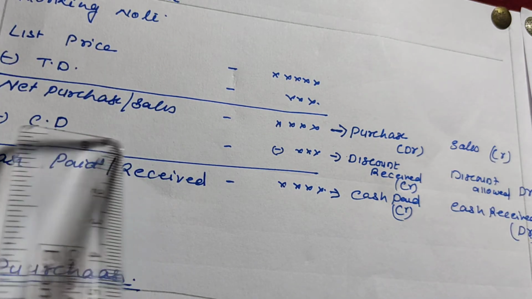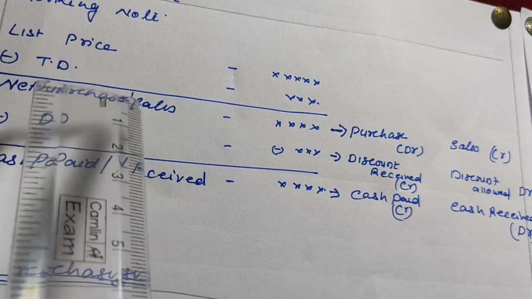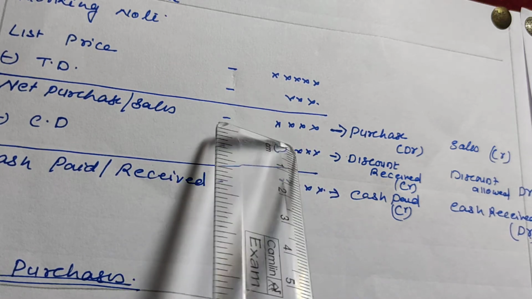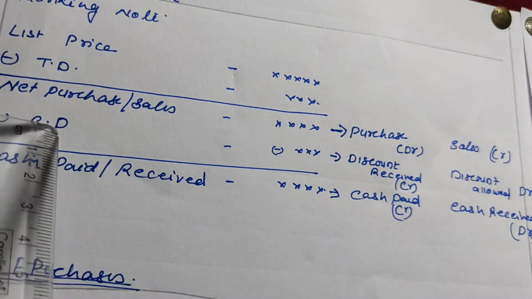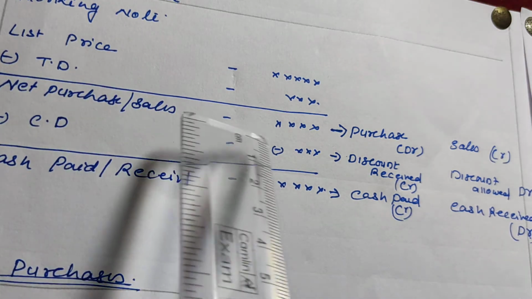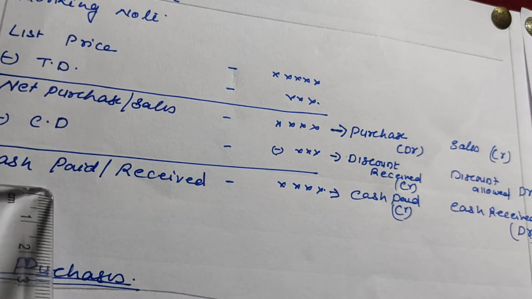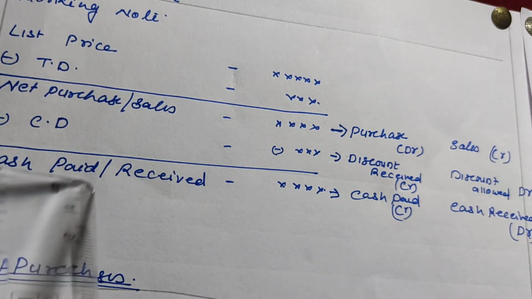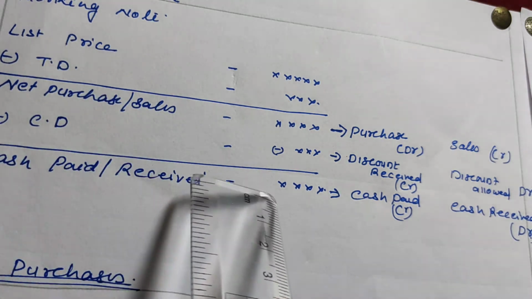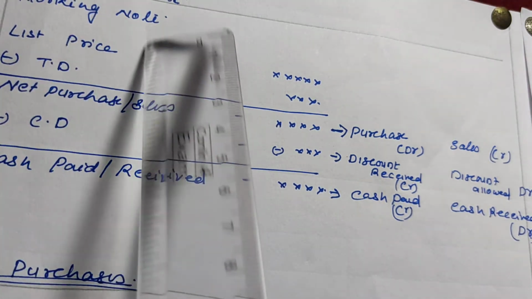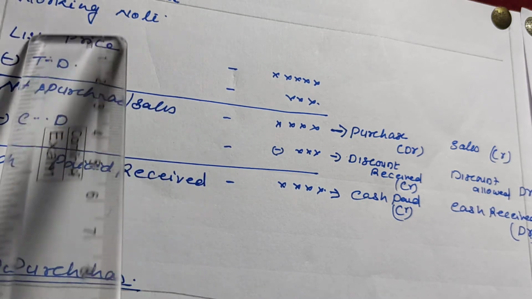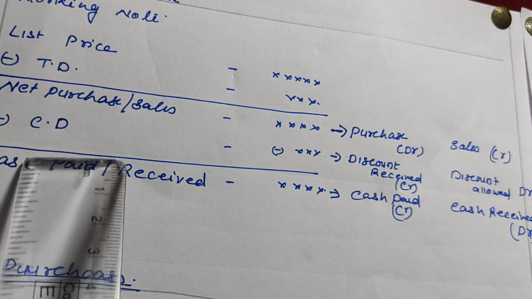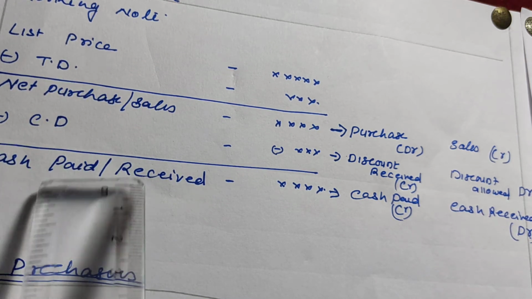Okay, then from this we have to deduct the cash discount. Cash discount will be given for this net purchase or sales value. Okay, of this value we have to calculate the cash discount, and that will also be deducted. Okay, then finally we will find out the amount to be paid or received. If we are purchasing, we have to pay the amount, and if we are selling, we have to receive the amount. So here trade discount is not entered in the books of accounts, so these two entries will not be recorded, but from net purchase and sale to cash paid we have to do the journal entry.